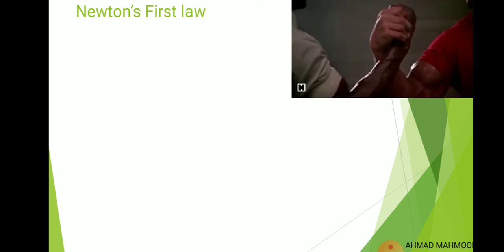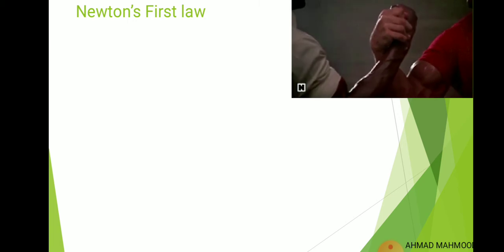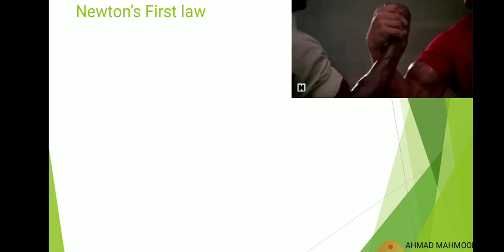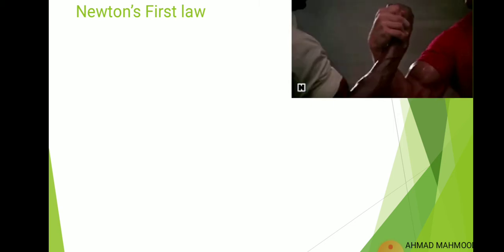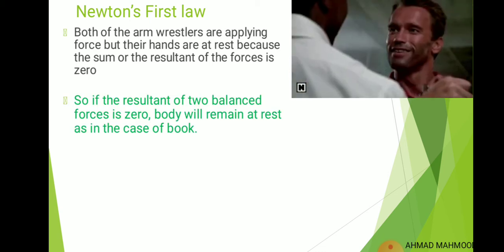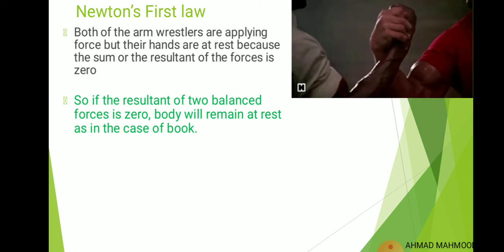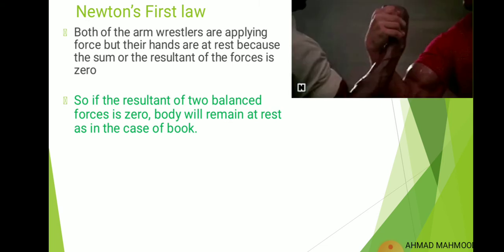You can see in the animation both the arm wrestlers are applying a force in opposite direction, but their hands are not moving. The hands are at rest, which means that the forces applied by both the wrestlers are cancelling each other. That is why their hands are at rest. So if the resultant of the two balanced forces is 0,